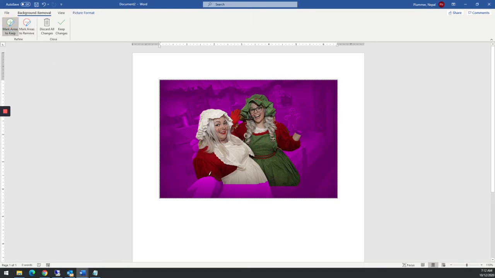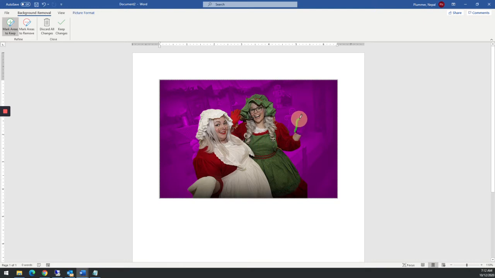So then we want to mark areas to keep. We want to keep her hand, and you can just draw a real general line here. Actually, this whole area we want to keep. And you notice Word did something funky. It added that table back in, so I'm going to undo that and try to redo it here. Sometimes Word does some really funky stuff, so I'm going to get very specific here and say keep this, and I want Word to keep this. There we go. Now it kept her hand, kept that part of her dress, and now we just want to